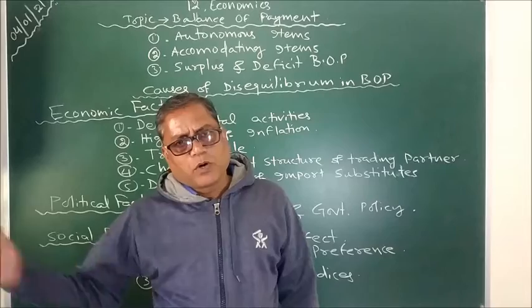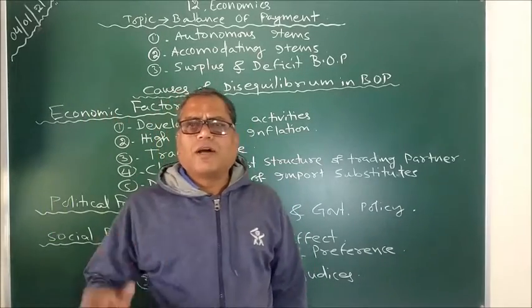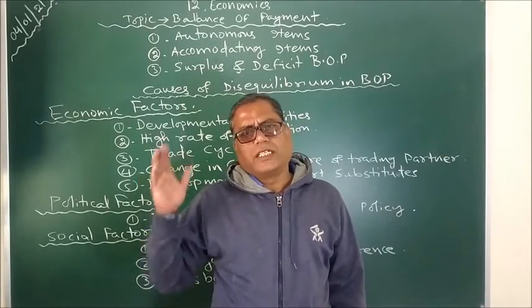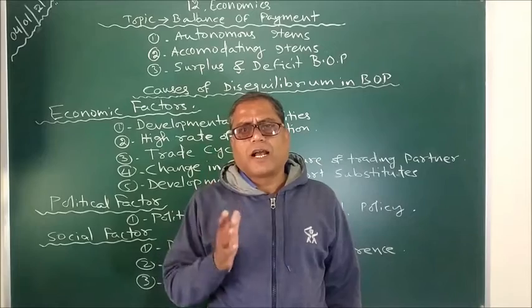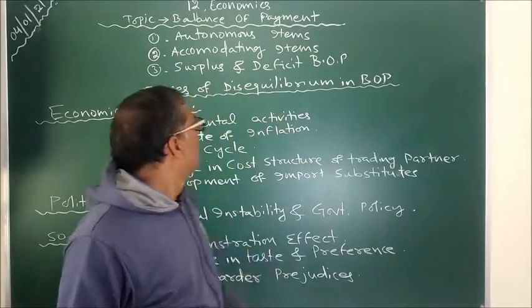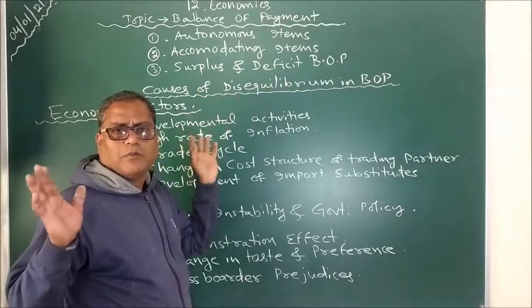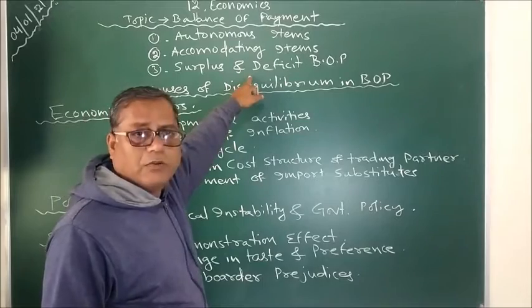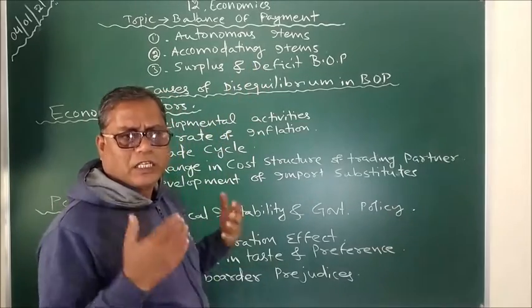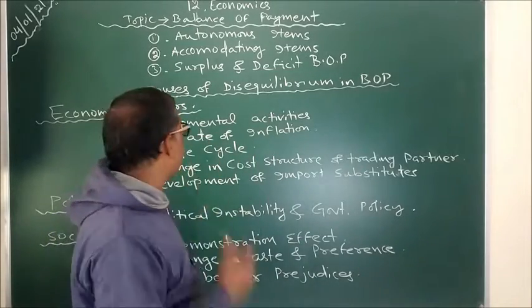When we are borrowing, our liability is rising, and on the other hand, when we are selling our property, it is disinvestment, and here our asset is getting reduced. So both surplus and deficit BOP are trouble, and we have to deal with it by either borrowing or disinvesting, or by investing, or by lending.